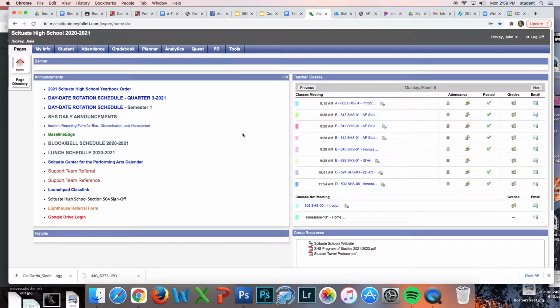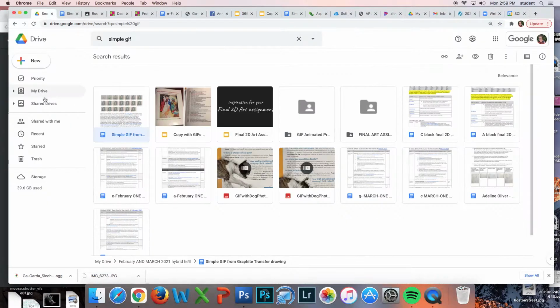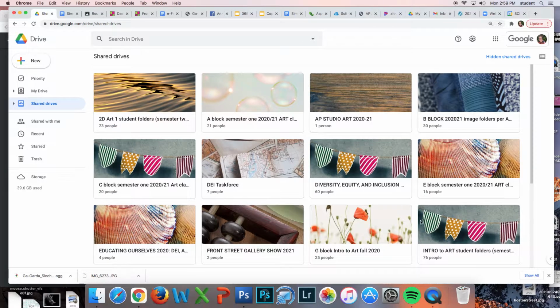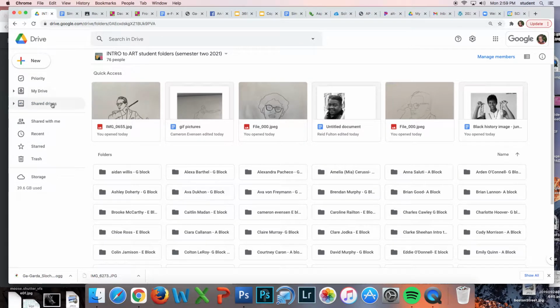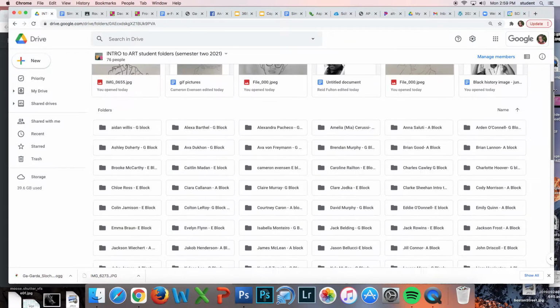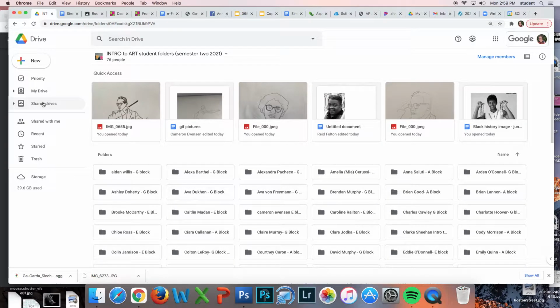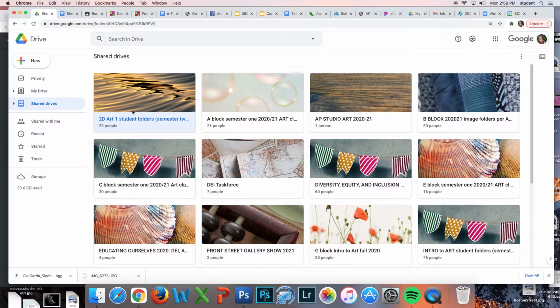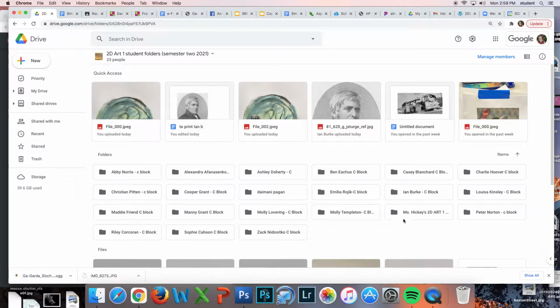How to put together your GIF. So what you want to do is make sure that your artwork is in your Google Drive. And I've asked you to use the shared drive for class, so hopefully it'll be in there. Okay, so if you're in Intro to Art, go to that folder, shared drive, find yours. If you're in 2D Art 1, go there, find your folder,